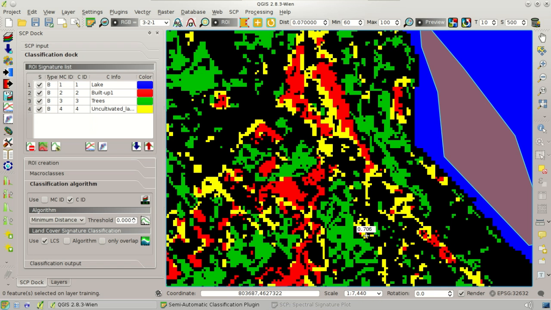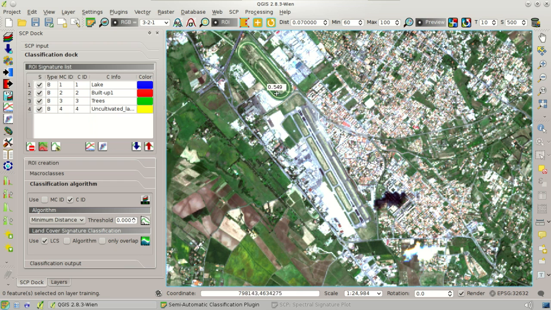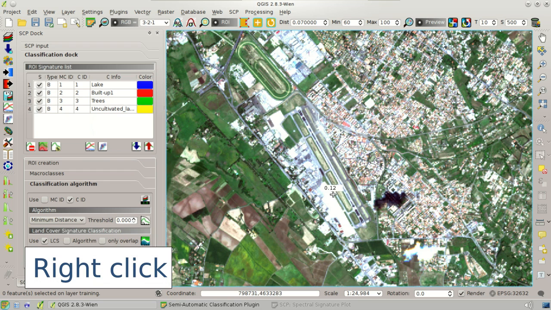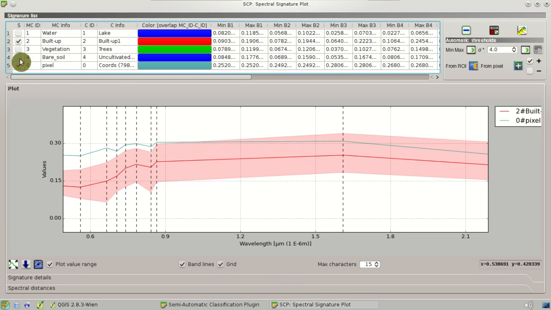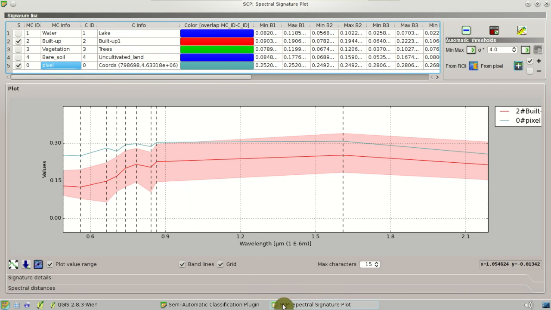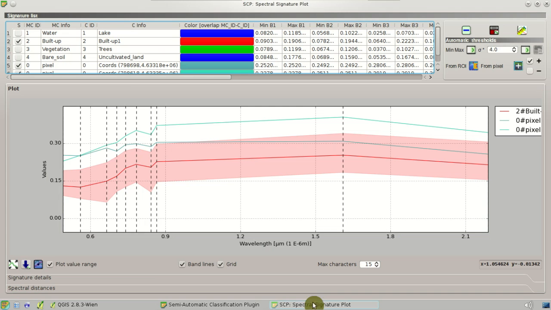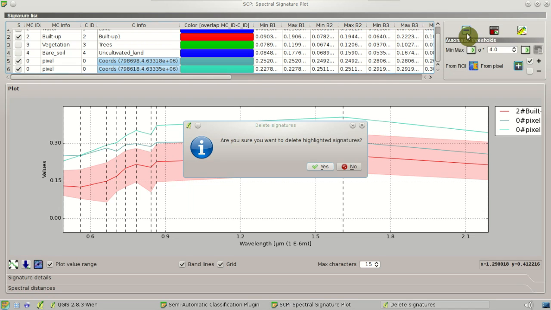We can now select another area, for instance here, in these buildings, the airport. If we click the button for region drawing and then right click in the map, we can see the spectral signature of the pixel. You can see here the clicked pixels. This is the spectral signature of the pixel that I've clicked. You can click another pixel now, and here another spectral signature. So this is useful to compare spectral signatures of pixels with spectral signature ranges. You can see, for instance, here that these spectral signatures are not included in the spectral signature range of built up. So I'm going to remove these pixels from the plot,